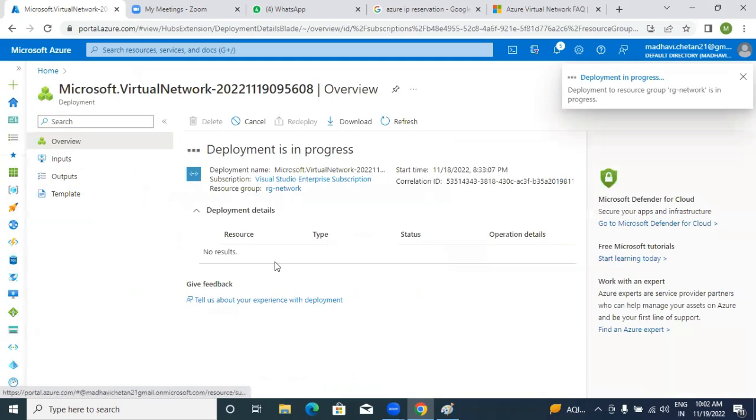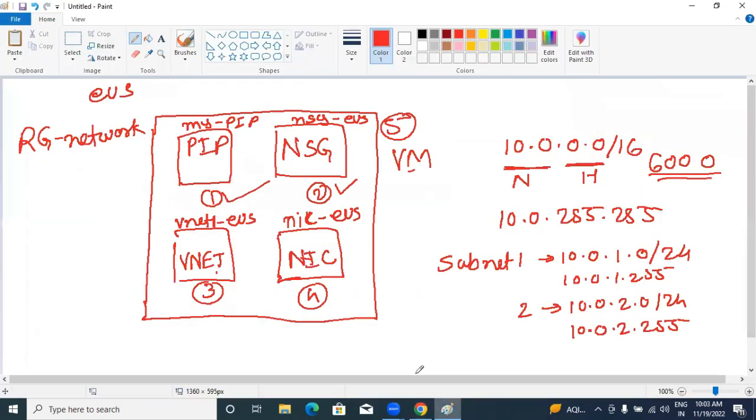So this part is done. Now, once I'm done with my virtual network, then and only then can I go for my NIC card. So I have done this part. Now let's go for